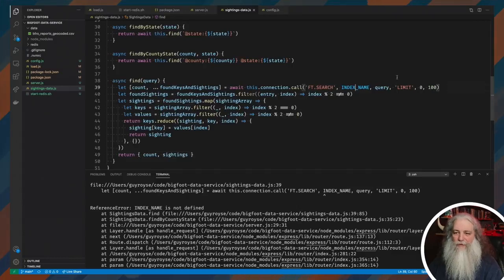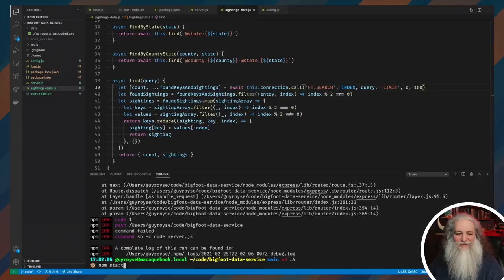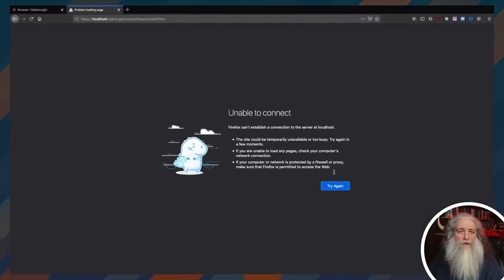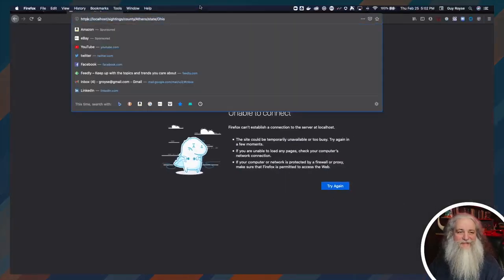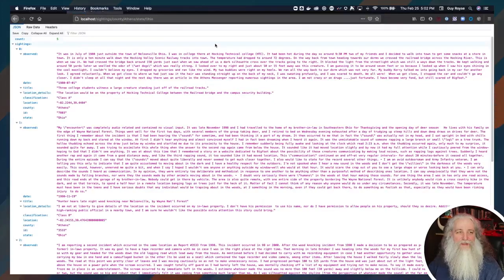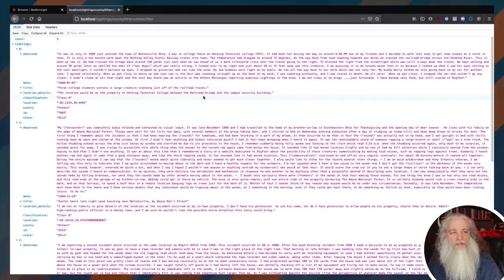Ah, that one's failing because I named it index name in my cheater code. Okay. Now we're getting the HTTPS problem. There we go. So this still works, but it is now returning a count, and our sightings here is an